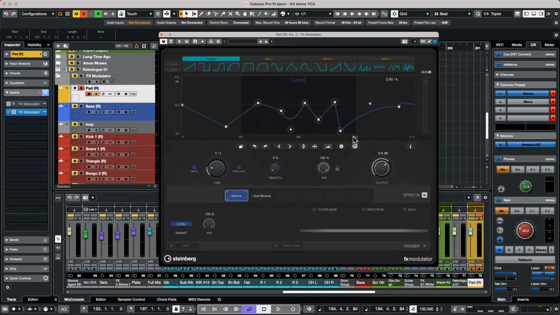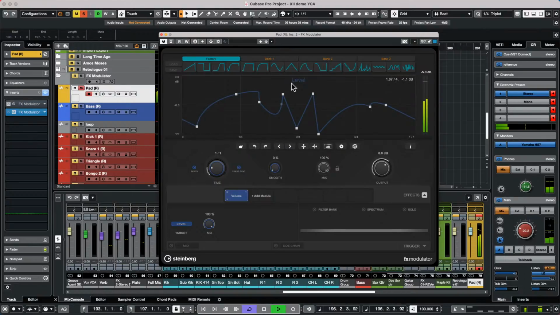Now, if I select these nodes and hold down Alt or Option, we could compress or expand the nodes. If I wanted more of an S-shaped curve between the nodes, I could just hold down the Shift key, and then it doesn't have to be a straight linear line. Once these curves are set, we could shift these to the left or to the right. So as we would play this,